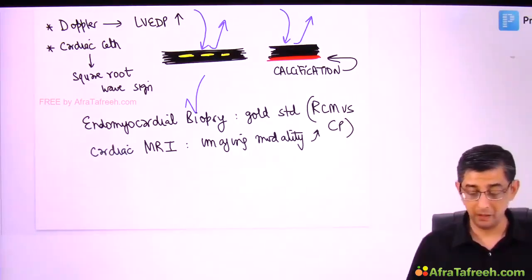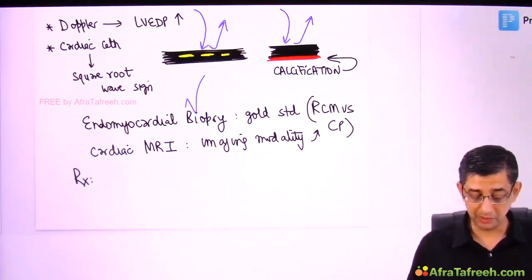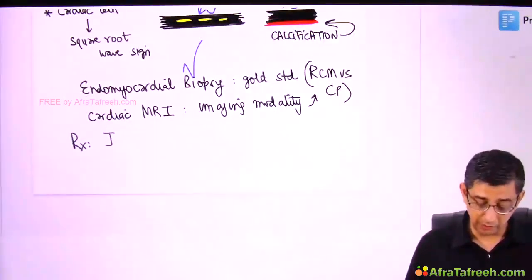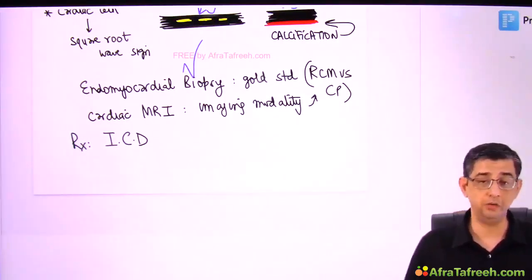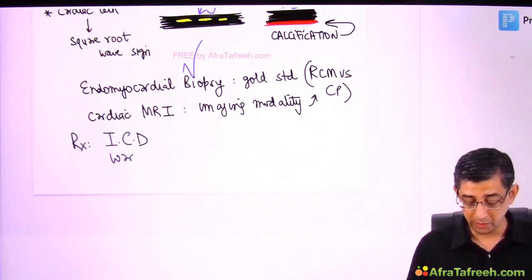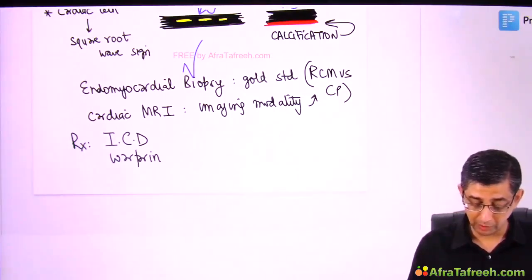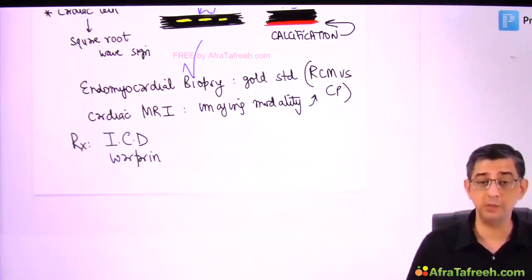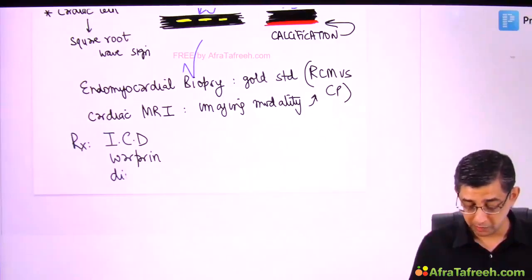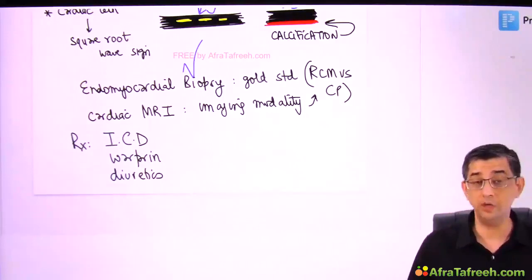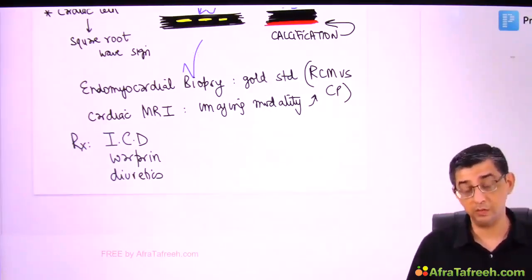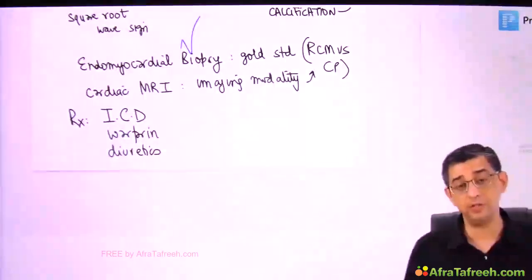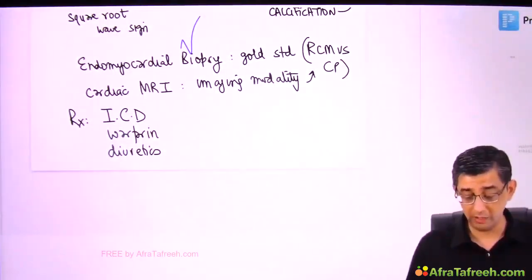cardiac MRI. Now we come to the treatment part of this person. Because these patients will also have a tendency to develop arrhythmias, an implantable cardioverter defibrillator would be required. Over and above this, because there are chances of thromboembolism, warfarin will be started. We should also start these patients on the lowest possible dose of diuretics, because ultimately the filling of the ventricles is compromised in these patients. If the input is less, the output is also less. So if you give too much of thiazides, that may actually cause severe hypotension in these patients,